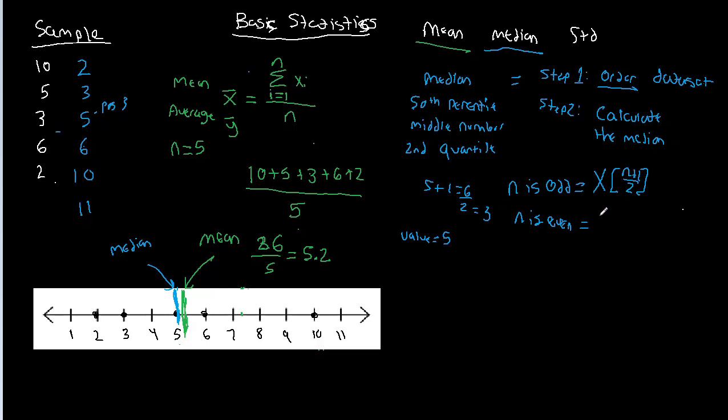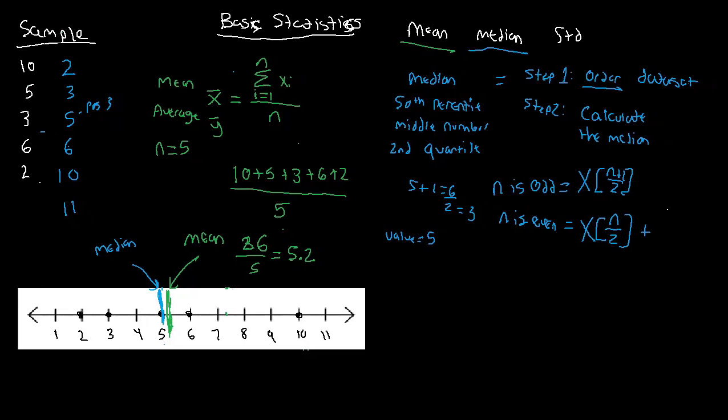Okay? So what does that look like in terms of our equation? It's going to look something like this. We're taking the data set and we're indexing it at n over 2. Because our n now is 6, we have 6 observations, 1, 2, 3, 4, 5, 6. If we divide that by 2, this is going to give us our position 3 that we needed, plus, let me slide over just a little bit so we have more room to work with here,